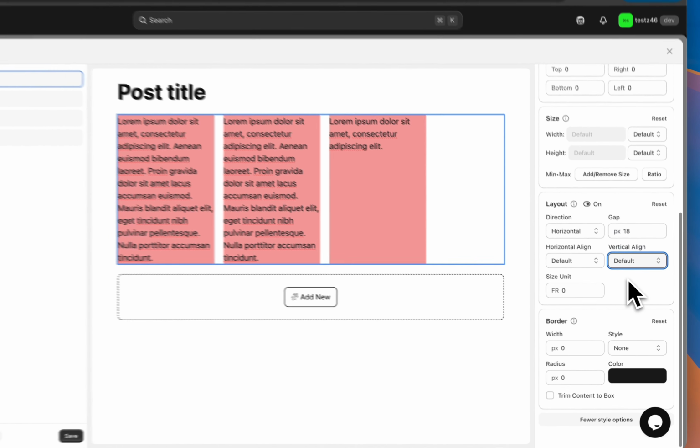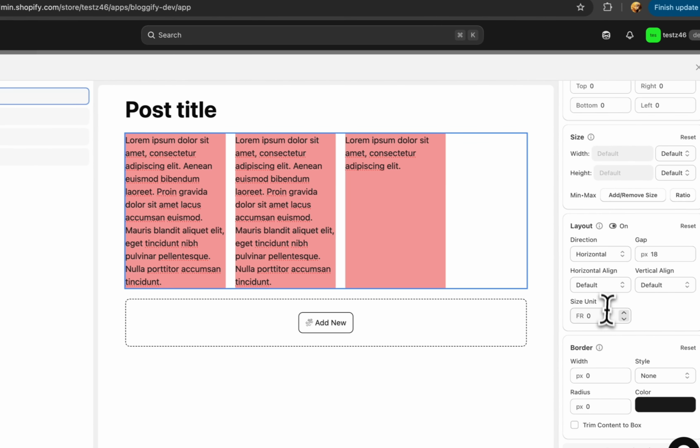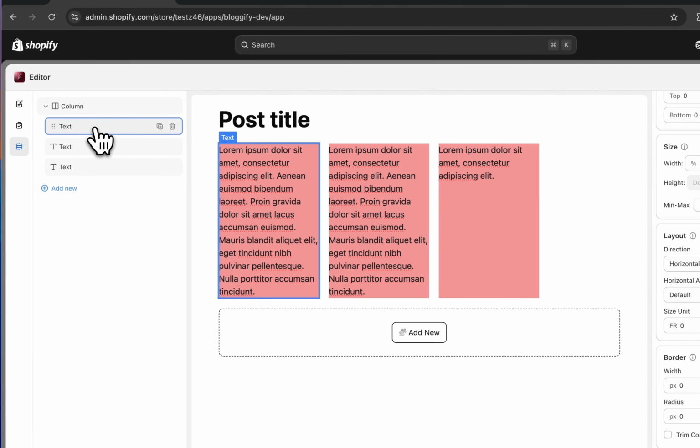Then we have this one called size unit, and this is where things get interesting. All these four options control the direct child, whereas this size unit is for an individual element. So if the parent is a column, a layout element, then what you can do is control their sizes using this size unit. As you can see,